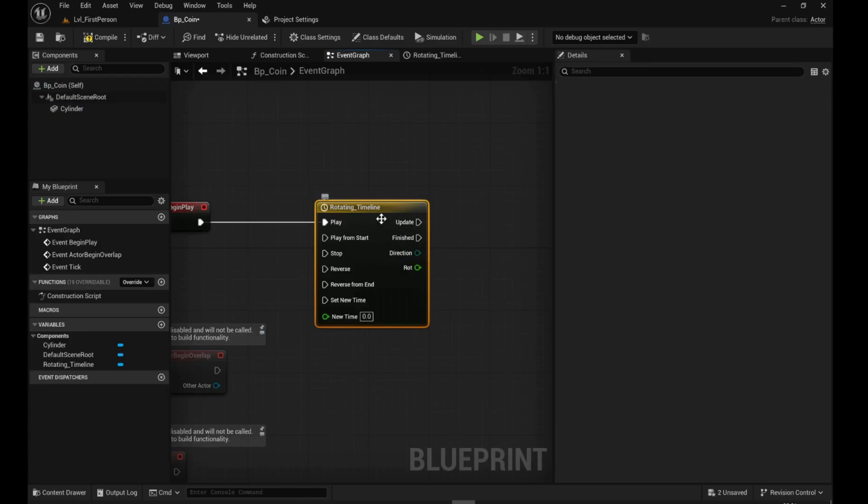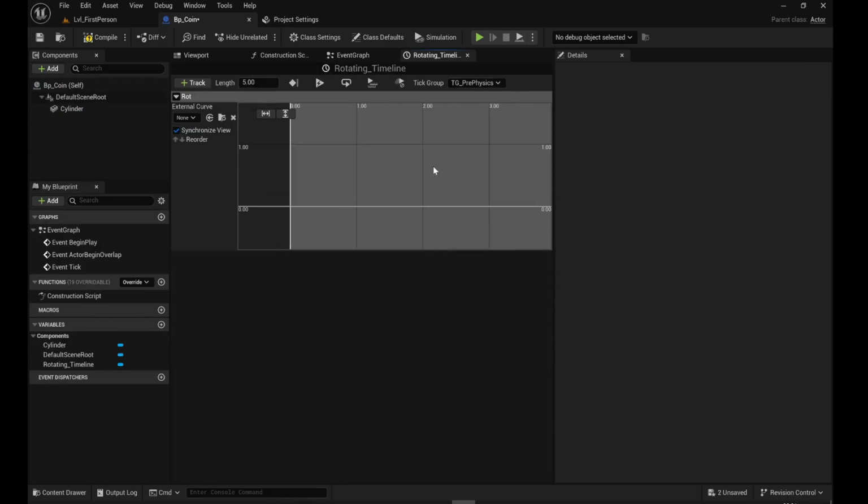Go again to the timeline and we're going to create a curve, which is a linear curve. It has two points, which is point A. It should be at 0 and its value should be 0 also. And I'm going to create another point here. By the way, you can create a point by holding shift and clicking like that, or you can right click and add key. So the second point is going to be point B, and I've set the time here to be 2 and its value,